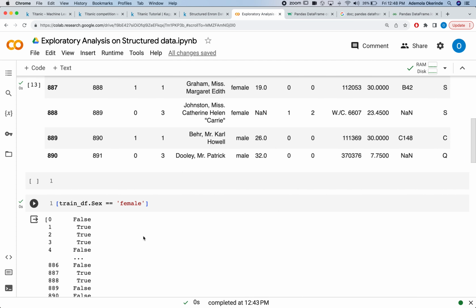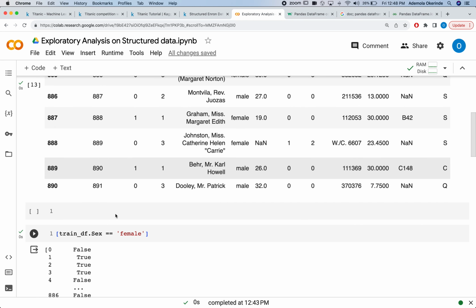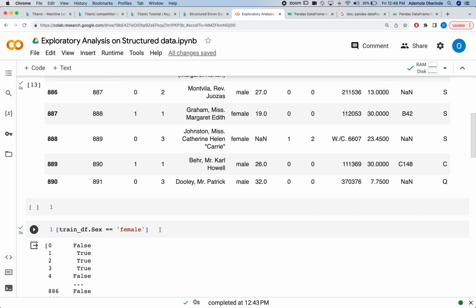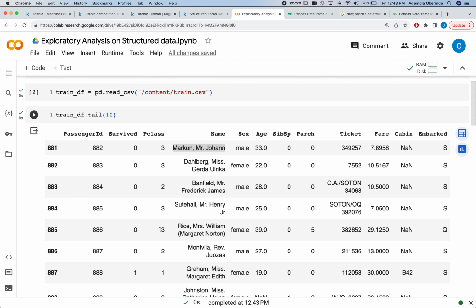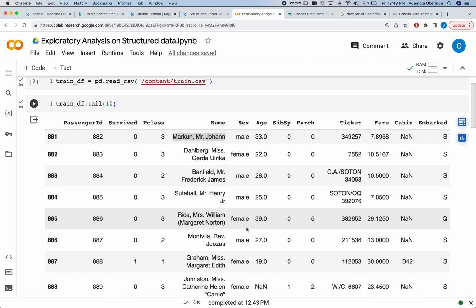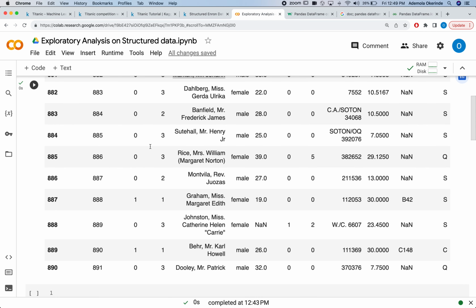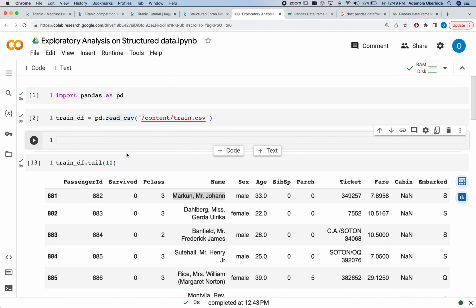Now, one of the code snippets we're looking at is how we can count the number of a particular attribute. Let's say in sex, we want to know how many males or how many females there are. How can we do that? Let's look at the total number that we have in